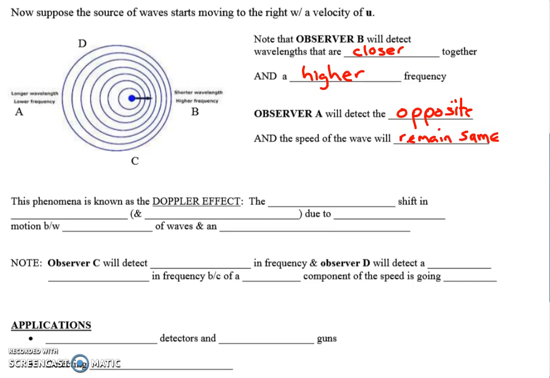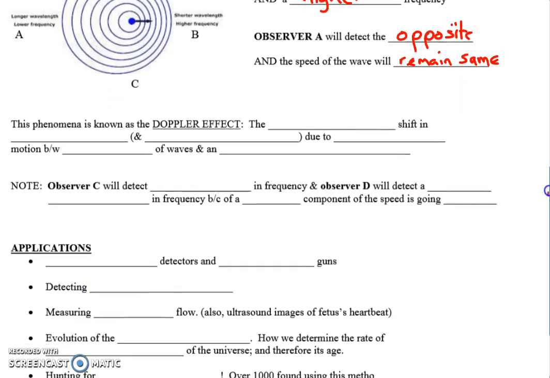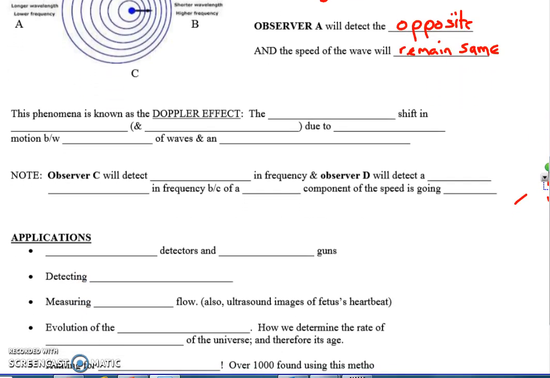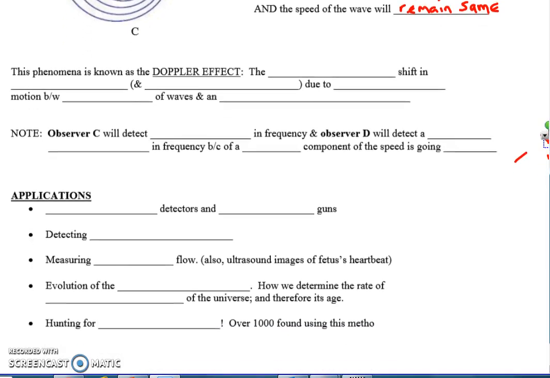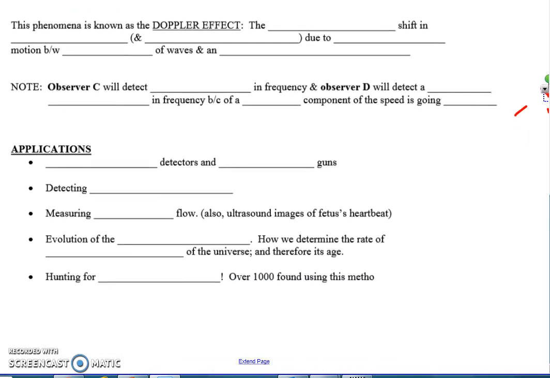All right, so let's define this phenomenon. It's called the Doppler effect after, I believe, the Austrian or German physicist from the 19th century, Christian Doppler. Okay, so what is it? You need to know this definition. There's a lot of subtlety to it. So it's the apparent